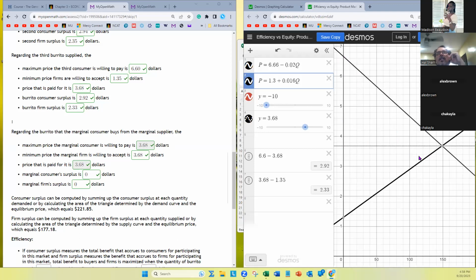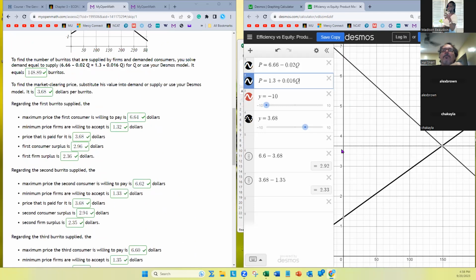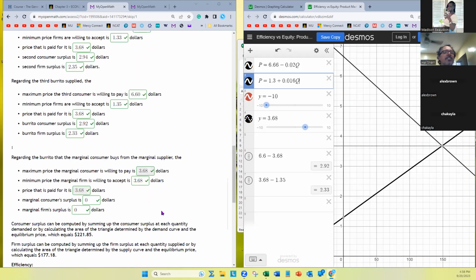Think about the vertical heights, right? So one way to calculate total consumer surplus is to take the length of this line segment, which is, in my case, 148.889, and then multiply by the length of this line segment, which is roughly, in my case, 664, right? So we can take the height of this triangle and multiply by the width of the triangle, and then divide by 2, and that's what I do right here.